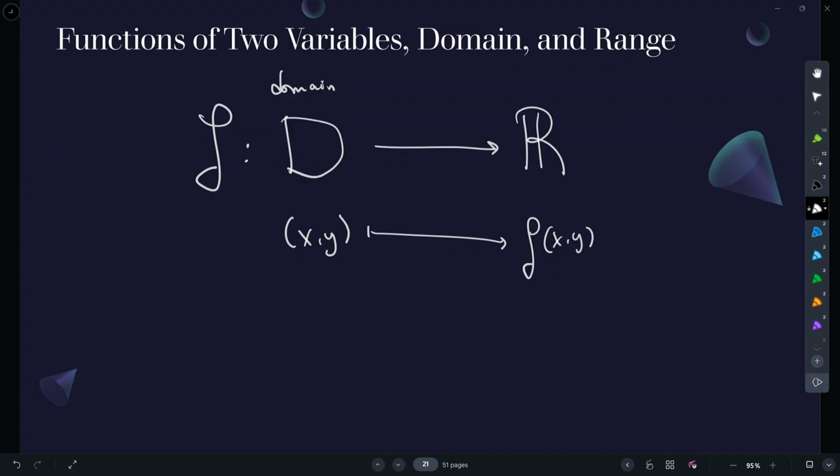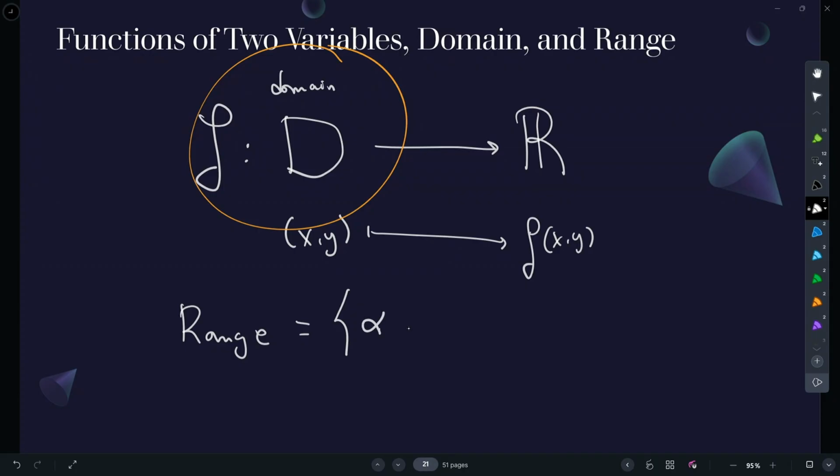There's a limit to the absolute zero, so I cannot go below the absolute zero. So there is some range of values that can happen. So the domain is precisely what values I can actually evaluate on, while the range is those numbers, let's say,